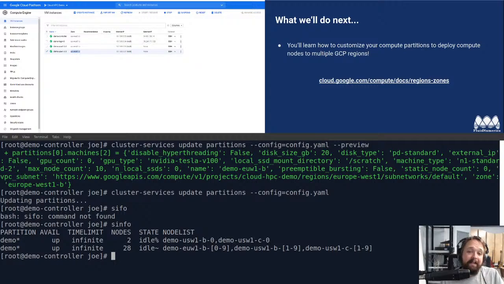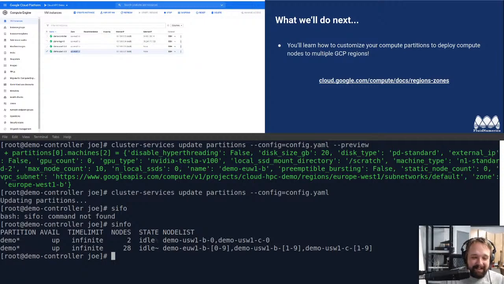Now, the cool thing is if you put your cluster config under version control, you can use something like Git flow development strategies to plan out all of these potential changes. This will be a subject of another tutorial we have coming up down the line, continuous integration for these clusters. Anyway,